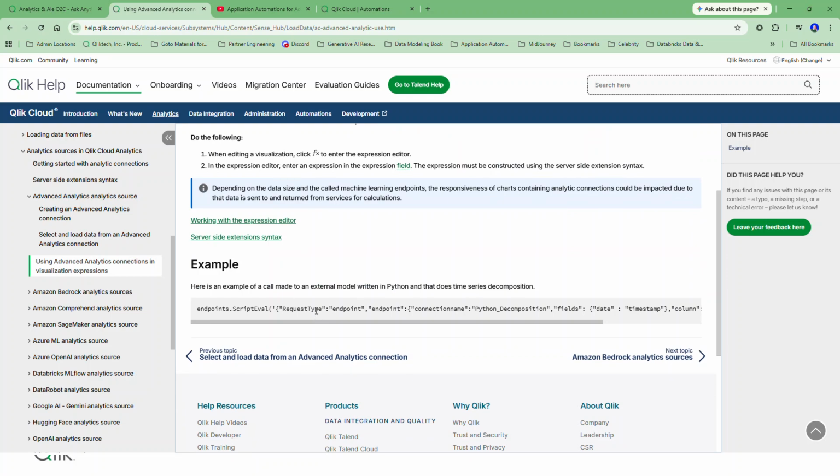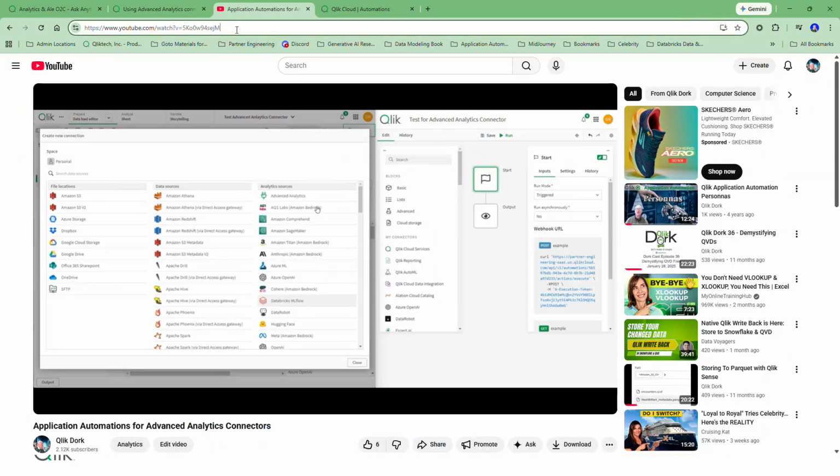And if you want to use this in expressions, it's going to walk you through how to build these expressions. I'm not going to get into every aspect of it, but basically you're going to call an endpoint that you've built in your code. And I've got a video out here again. So if you just go watch this video in YouTube, I'm going to show you how to build every step in your load script, create an advanced analytics connector that talks to one of your automations. And so I show you exactly how to do that. I won't do that here. So let me come back